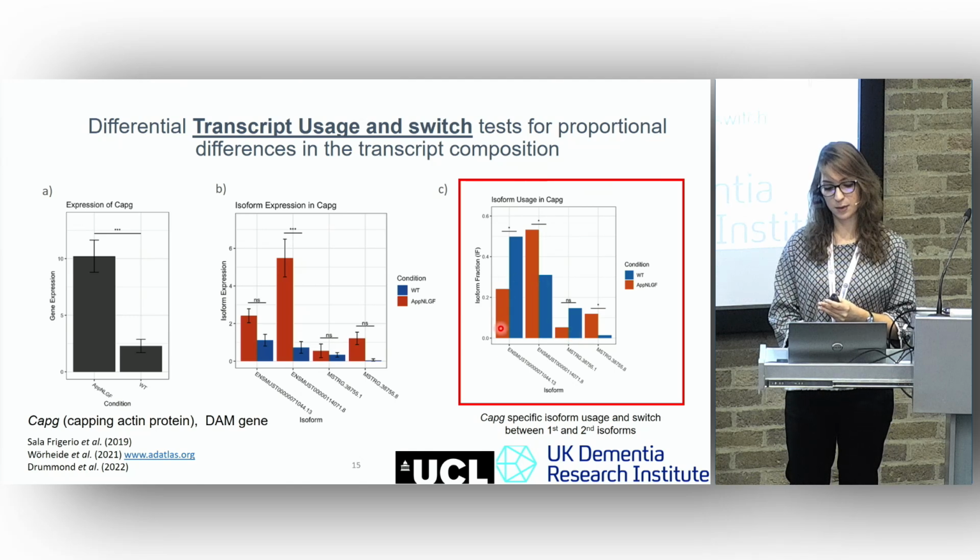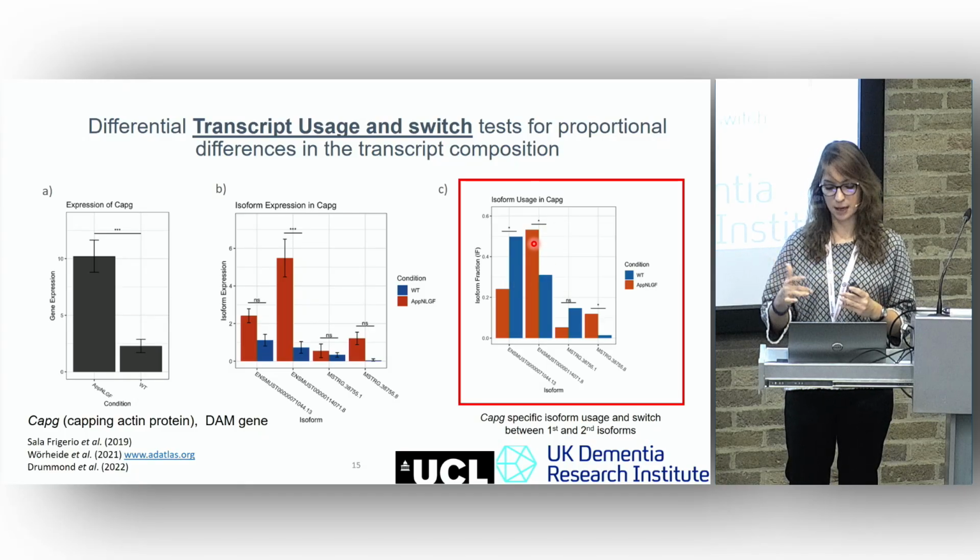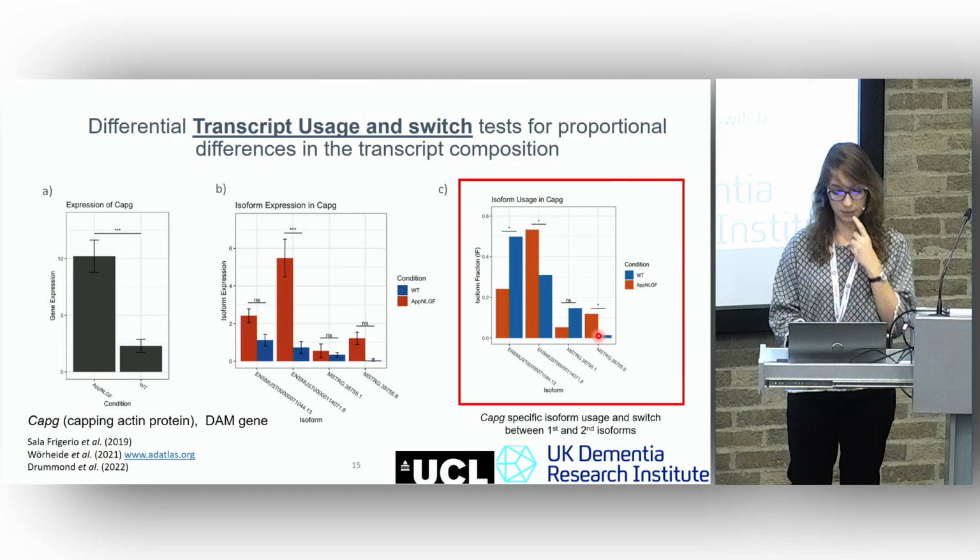Actually, the first isoform is basically up in control, and the other one is up in the amyloid model. So there is an isoform switch, and we have detected a novel transcript within this gene, and it's actually relevant to